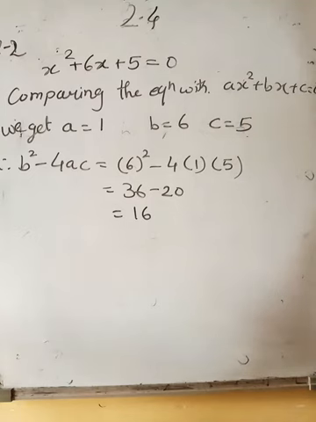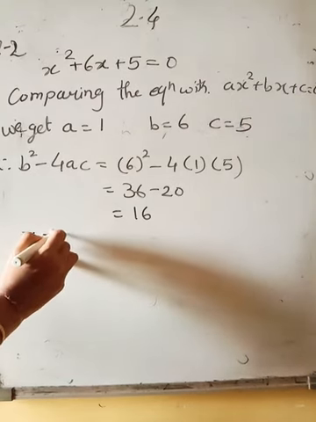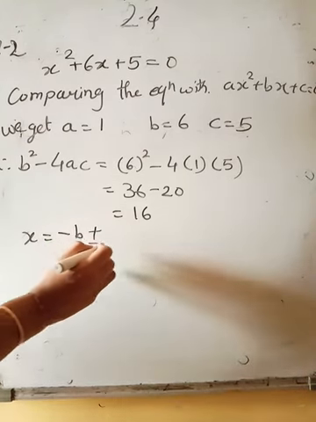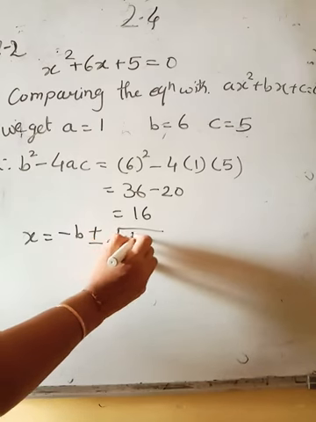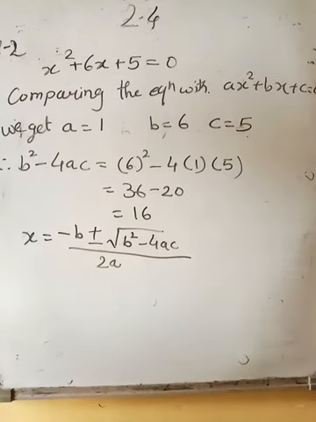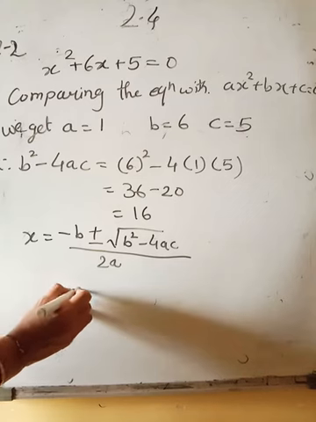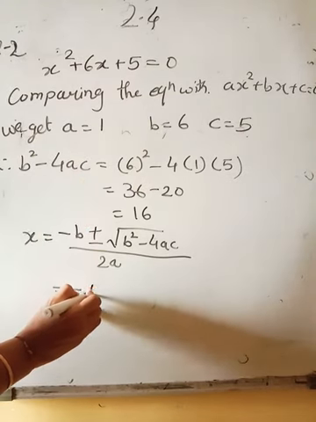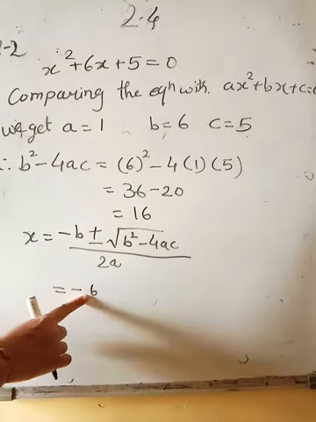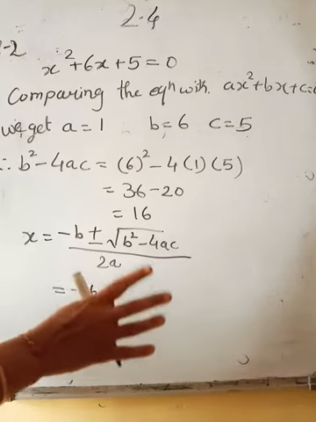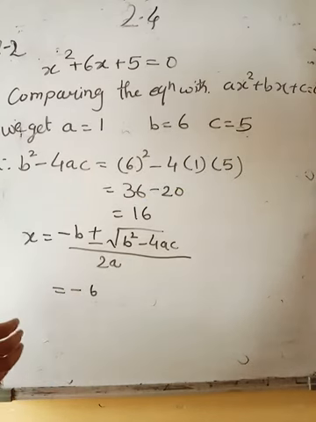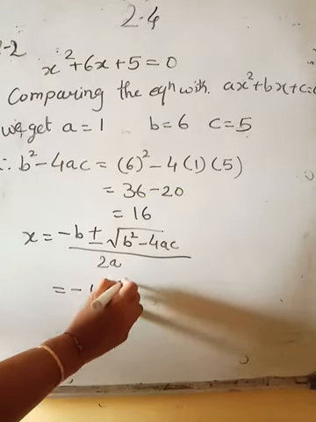Once you get it, now you are going to write down the formula. What formula we have? X is equal to minus b, if you want, you can write out both together, plus or minus square root of b square minus 4ac upon 2a. That is the formula, right? So minus b, what is b? 6. Children, when b is minus, there is confusion. At that time it will become minus of minus 6, so that will become plus. Okay, so be careful if you get b minus. We will be solving such sums. Do not worry. Just warning you.